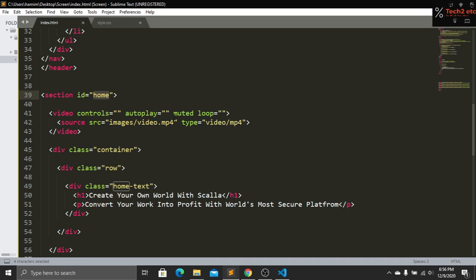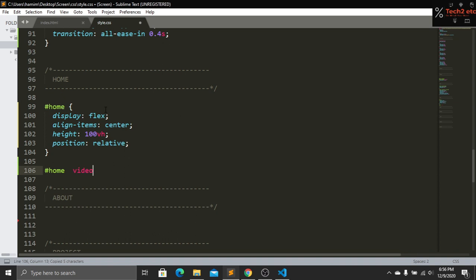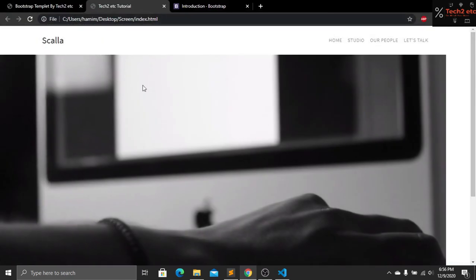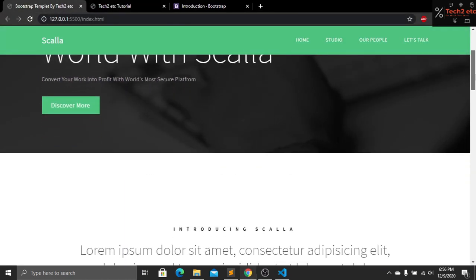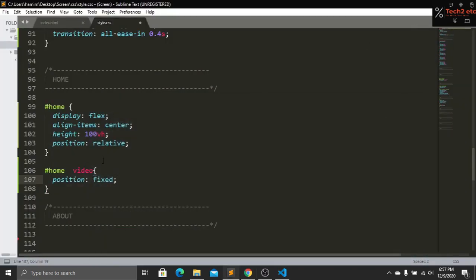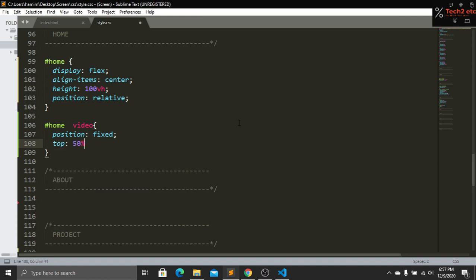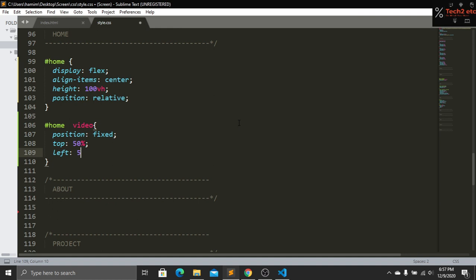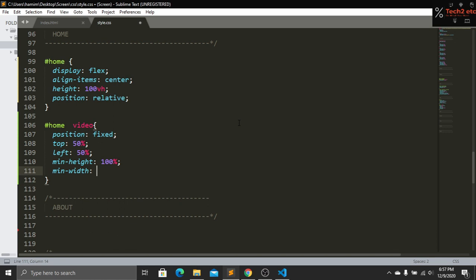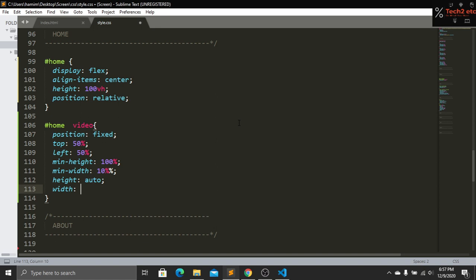And copy this home ID again, and paste it here. Now we have to target our video tag, so copy this video tag from here, and paste it here. And I want our video to be fixed because here you can see that if we go to our website, our video is actually in parallax mode, so we have to give our video fixed position, so I will add position fixed here. Then I want everything to be centered, so it will be top 50%, and left will also be 50%. Now I will give our min-height, and it will be 100%, min-width will also be 100%, and I will give height auto, and width will also be auto, and